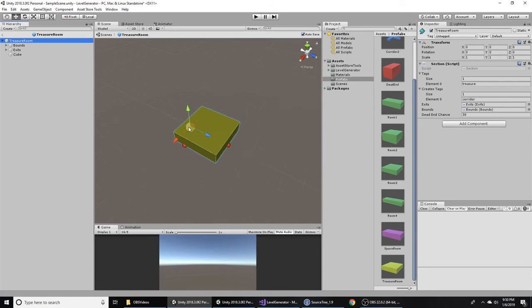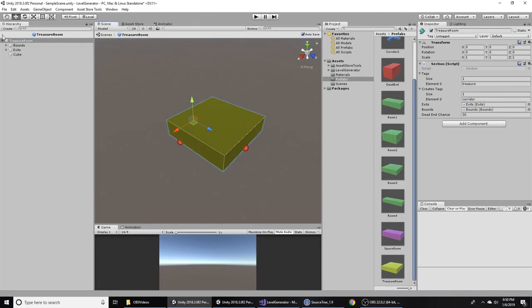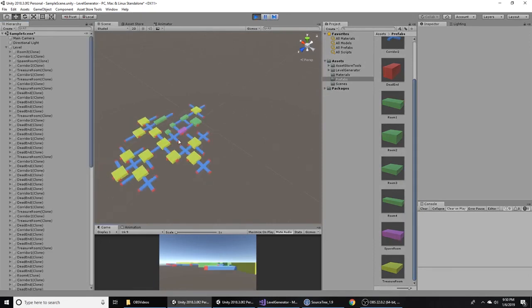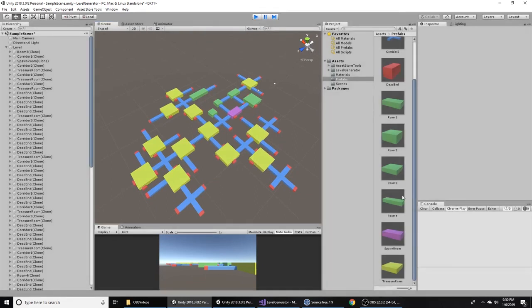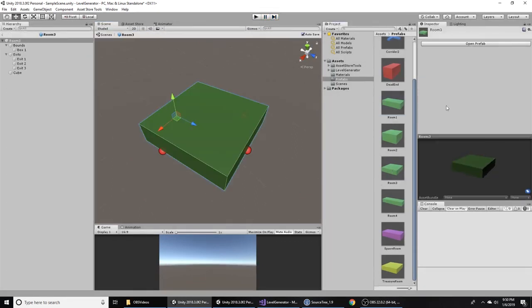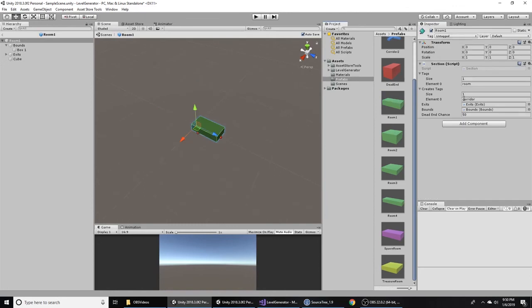I still have a bunch of things to add to this asset, but in essence, it's a small level generator, and you have full control over it because you are generating each piece. For example, if you say rooms can only generate rooms,